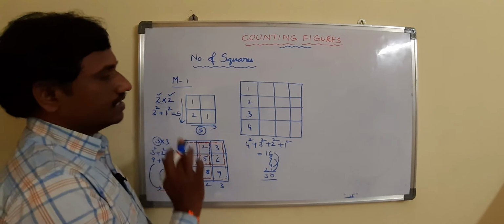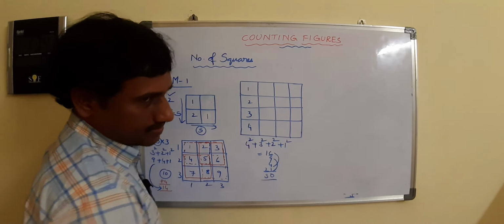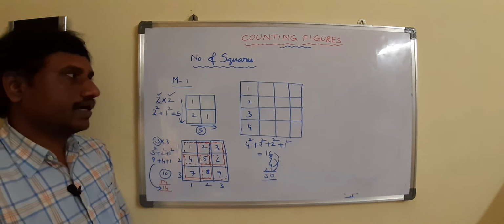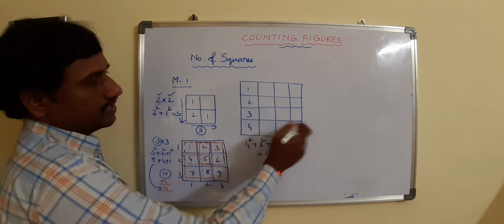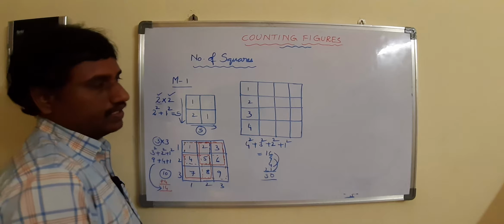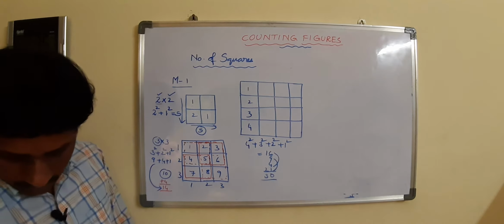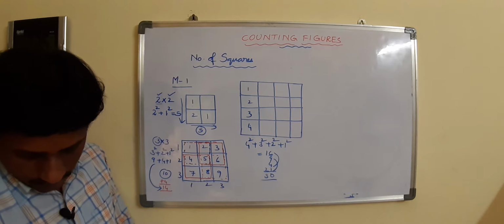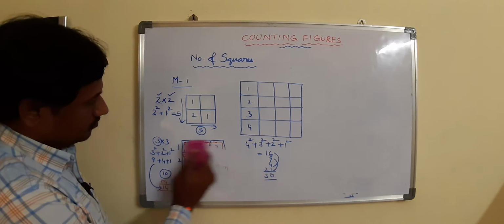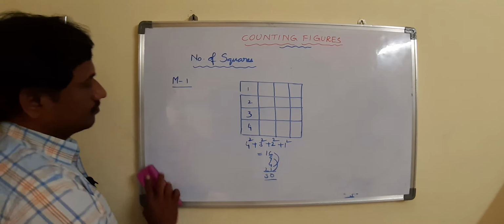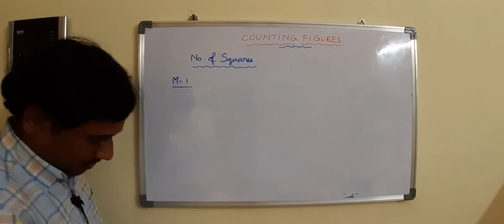Here this is the concept we can apply whenever we are having equal number of squares column wise and row wise. But there is a chance of having the question always may not have equal number of squares horizontally and vertically. For example, we will see that model. This is the basic model and we'll see next model.